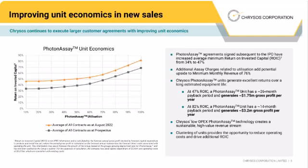Where units are run at or near capacity, there is a 76% additional revenue available as additional assay charges over those minimum returns. Put more simply, on average, if the units operated at only their minimum payments, then a PhotonAssay unit would generate $1.75 million in gross profit per year. And this is in comparison to our previous average gross profit of $1.2 million per year, which is obviously a